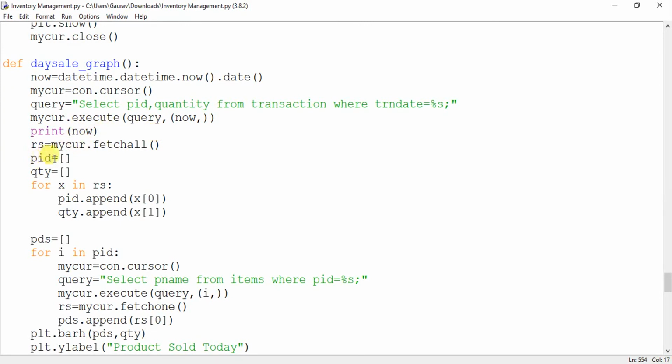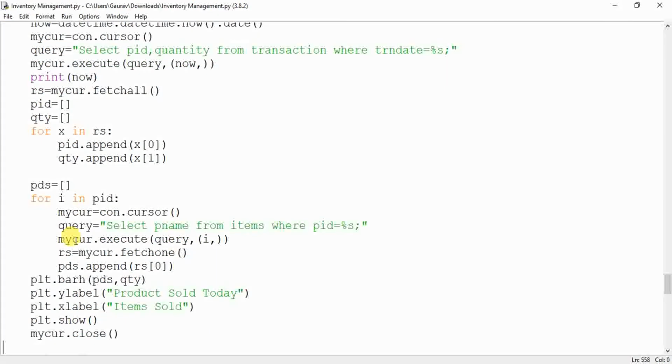The product IDs will be in this PID list, and the quantity that has been purchased will be in this QTY list, and you will append it and you will execute it, and you will have a bar graph between the products and the quantity.